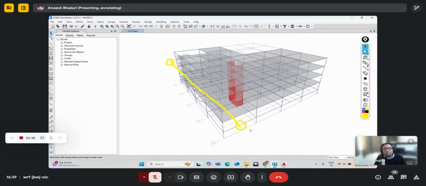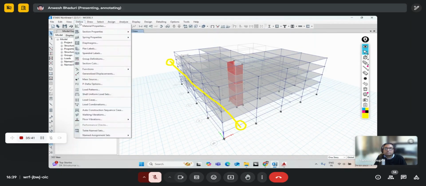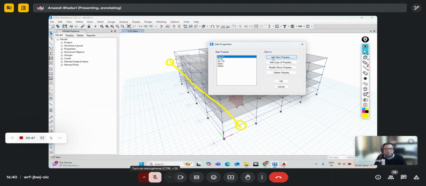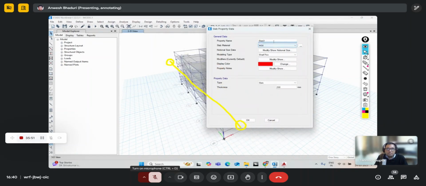We just need to define another slab section over here. Go to add new property. Say this will be a ramp slab